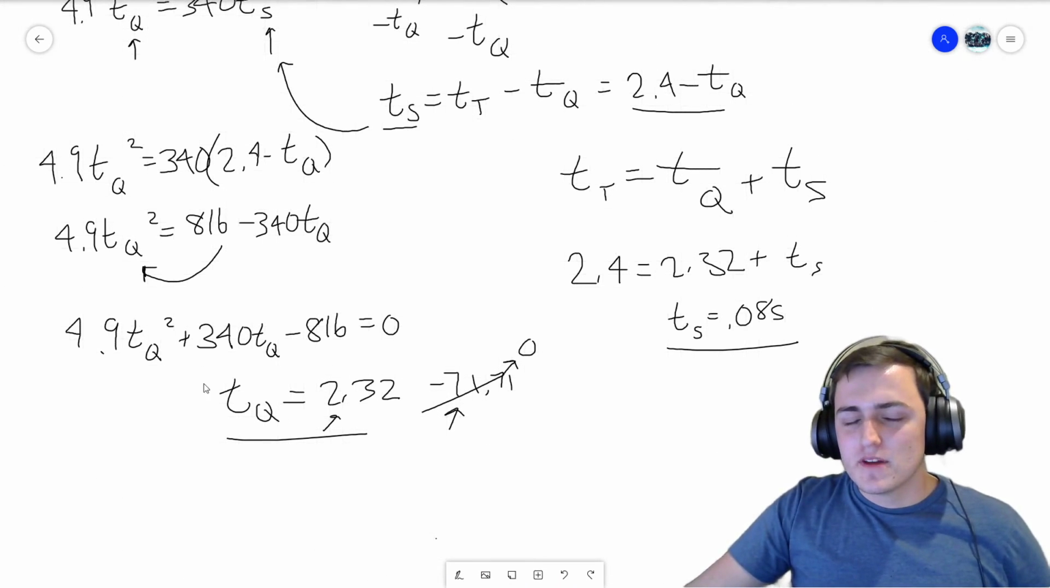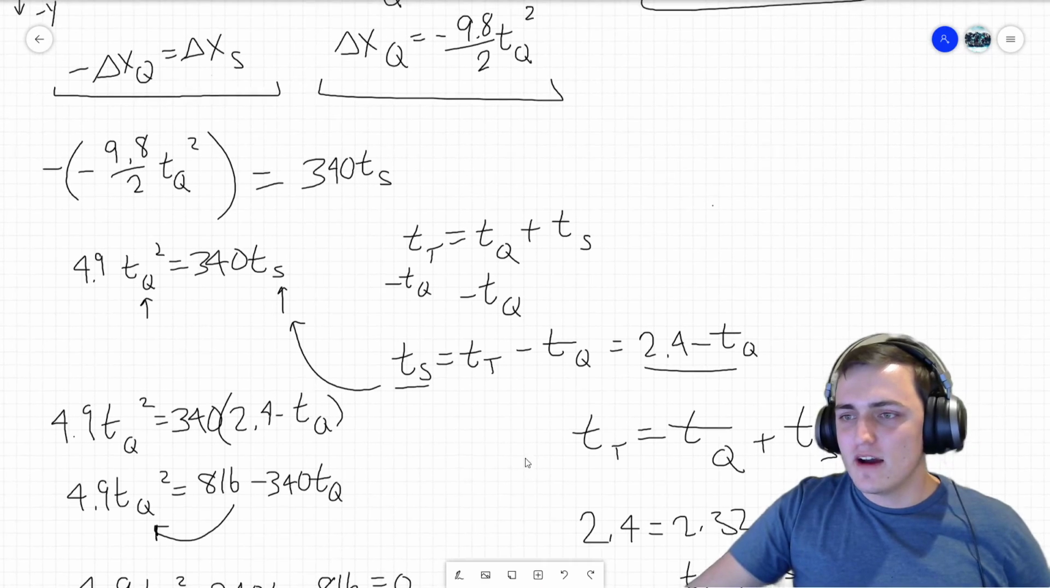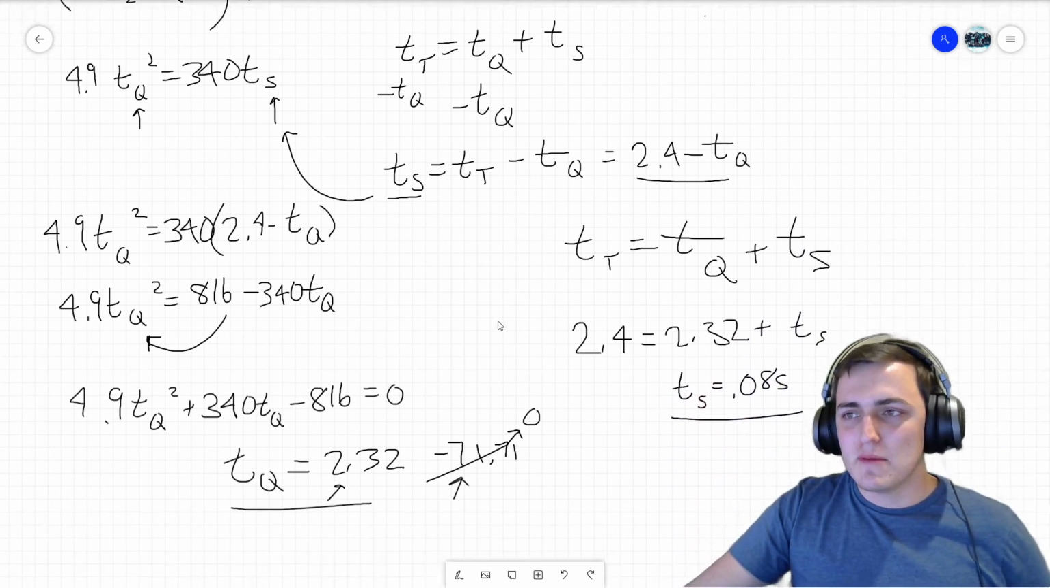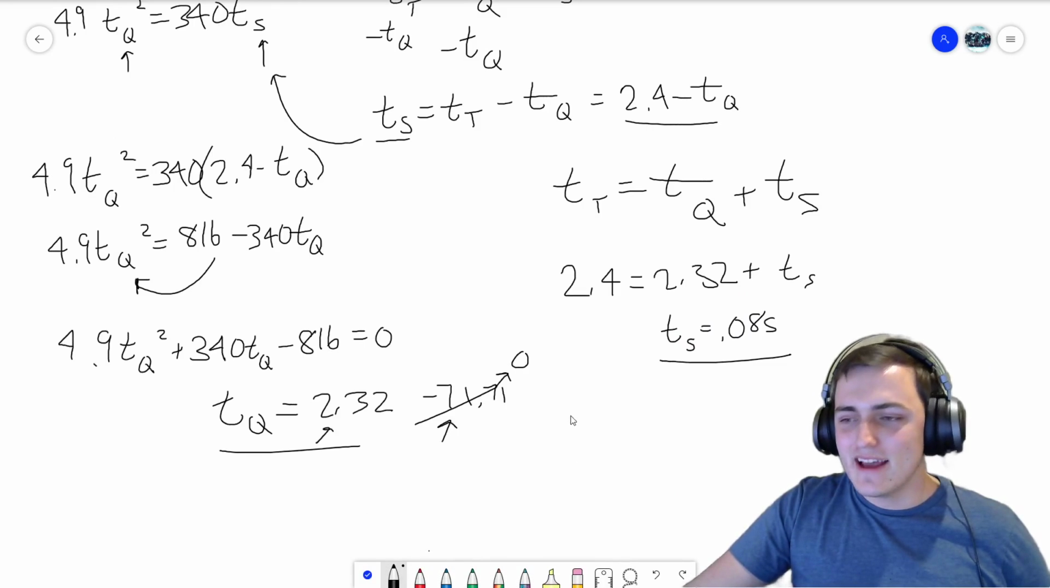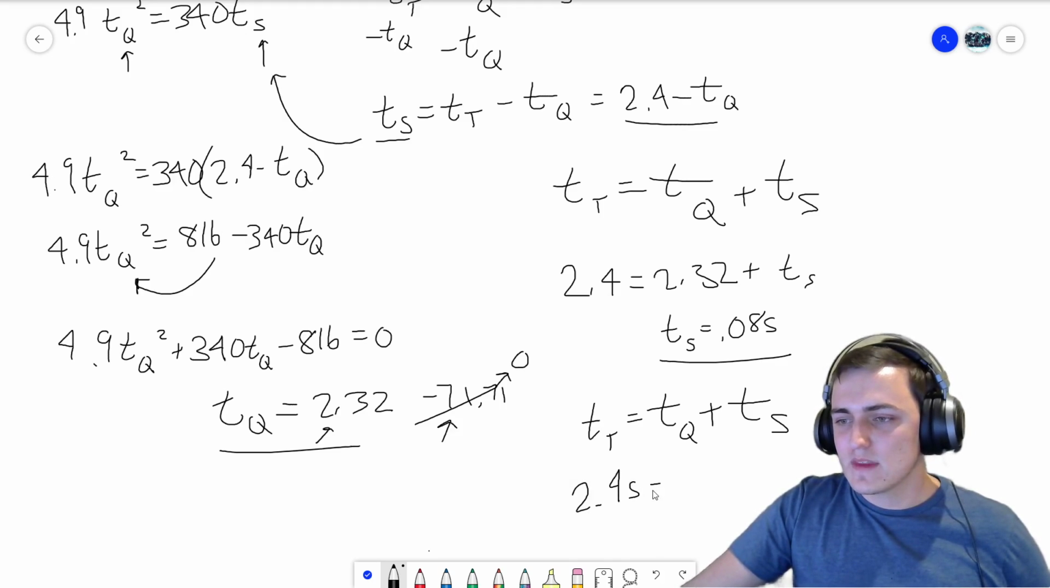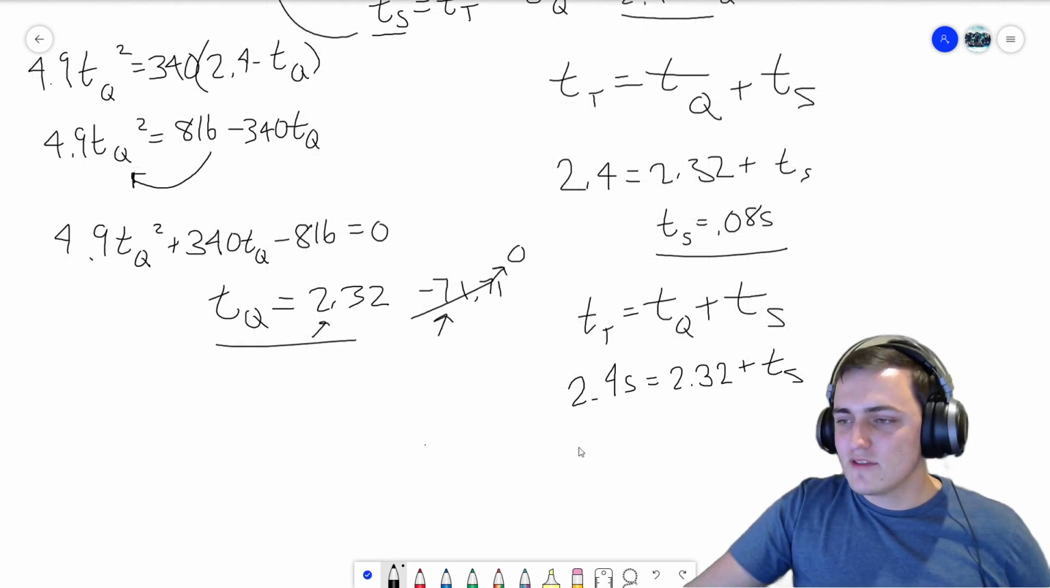All right. So we found our time of Q. And we remember from above that we found the total time to be time of Q plus time of S. So the total time is the motion of the quarter plus the motion of the sound wave. And remember, time total was 2.4 seconds. And we found time of quarter to be 2.32. And we can just do plus TS, time of the sound wave. Now all we have to do is subtract 2.32 from both sides to find that T sub S equals 0.08